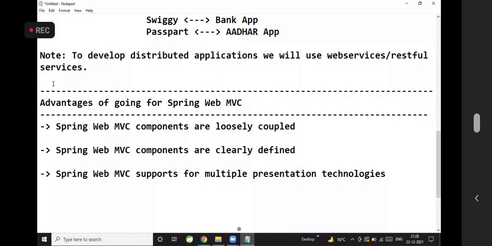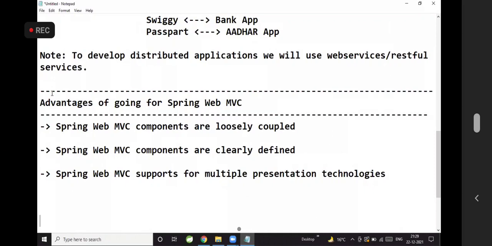But when you go for Spring Web MVC, it supports multiple presentation technologies like JSP, and you can use them as a presentation technology.